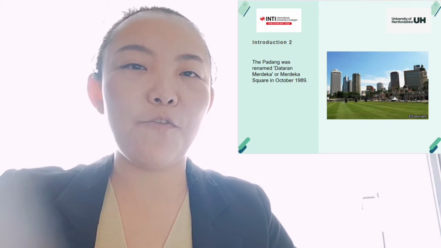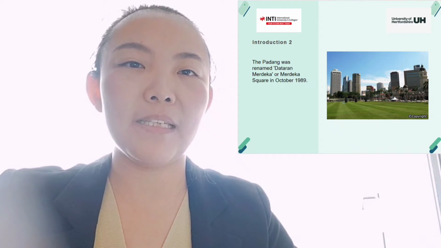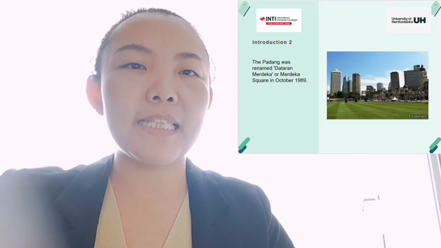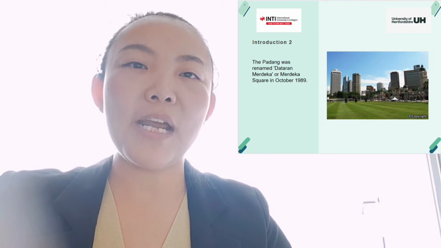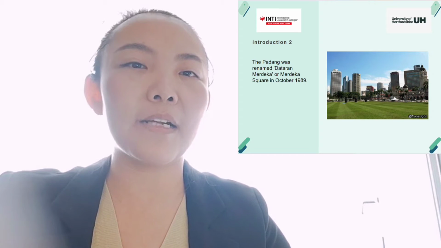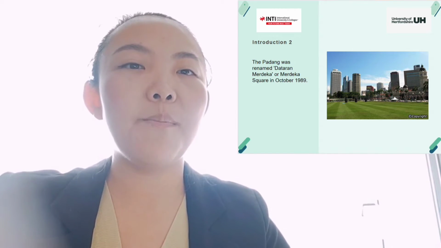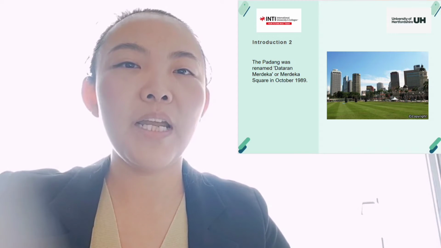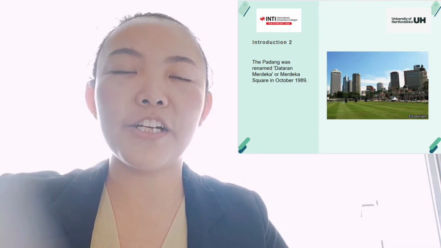It is set in front of the Sultan Abdul Samad building, the former state secretariat. Directly in front is the Royal Selangor Club, and to the north is St. Mary's Church, one of Malaya's oldest Anglican churches.